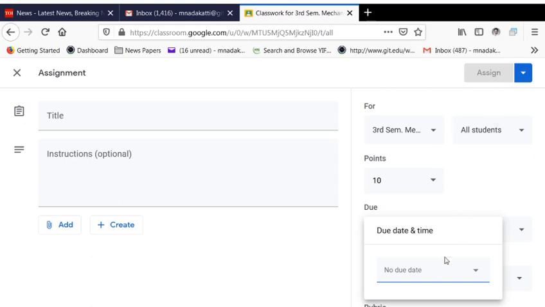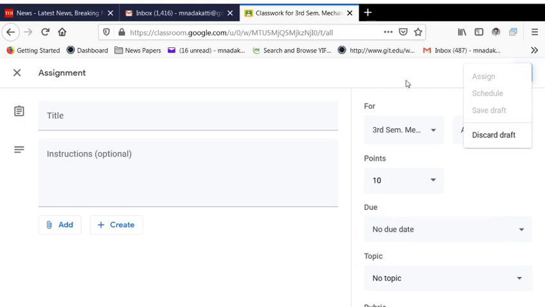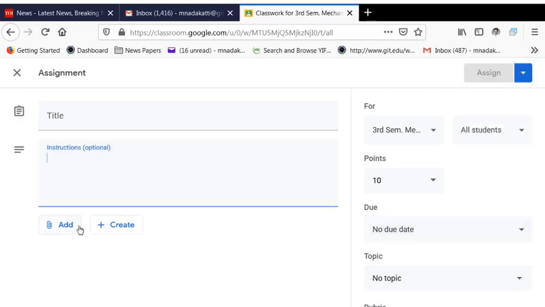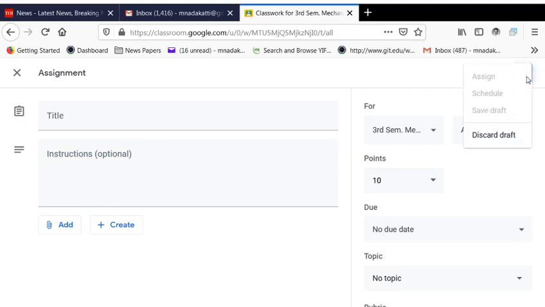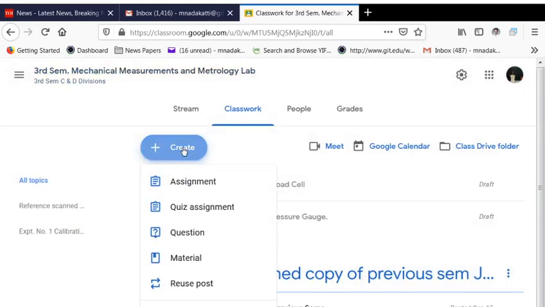So this is, if you wish, otherwise you can release it, or you delete that. And once you write down all this, you will have to assign this. Once the lab is finalized, the assignment is finalized, or the manual is finalized, and everything is set here, the marks, due dates, we can assign it. We can assign it either immediately, or we can schedule it for a specific period or time. Same thing goes with respect to quiz assignment, question papers, IA questions, all those could be